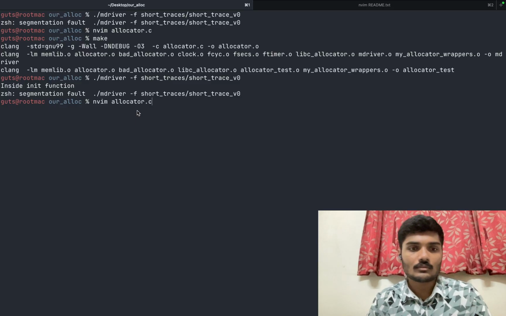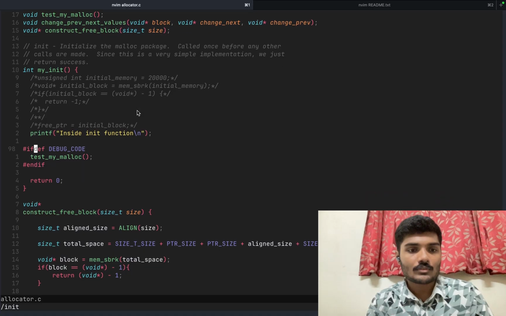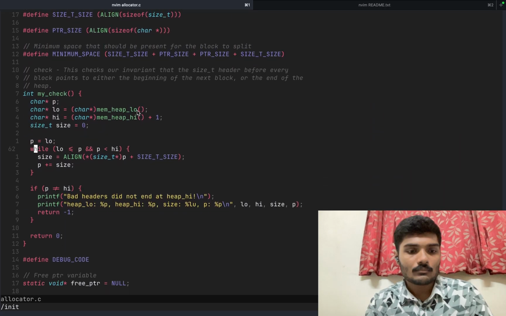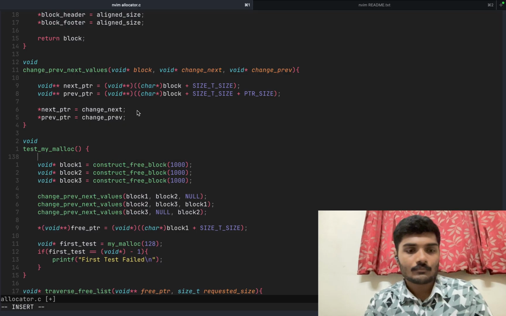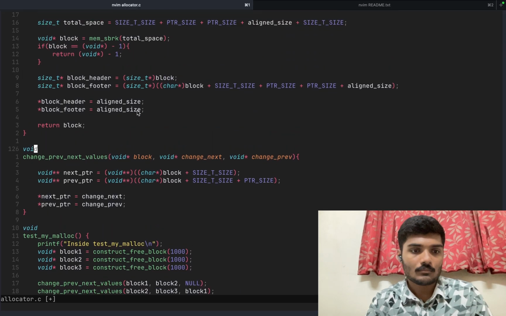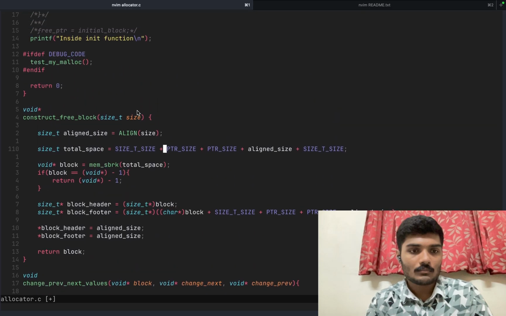Yeah, inside init function. So we did reach inside init function, then we called test my malloc. So we go over here. So test my malloc. Okay. Then we should get printf inside change function. Okay. And then